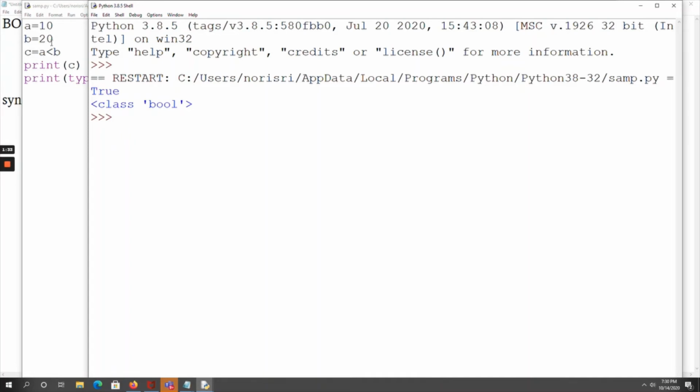Here a is less than b, so the condition is true: 10 is less than 20. Now c holds the value True, so if you print the value of c, True will be printed. The type function will always print the data type of c, so it is a Boolean data type. If True or False is your output, the type of that output will always be Boolean. The Boolean data type holds these True and False keywords.